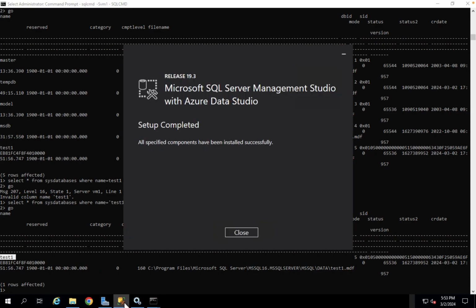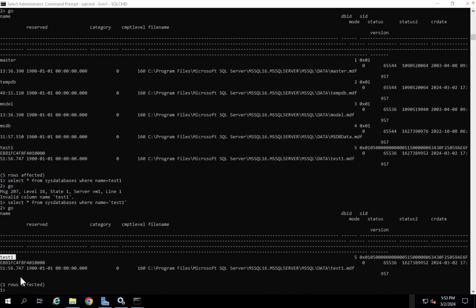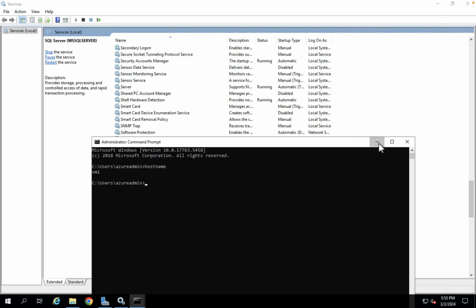So like this, we can check on the command prompt level also. But performing all the activities on the command prompt is not that easy, which is the reason we will be using this particular SSMS Studio